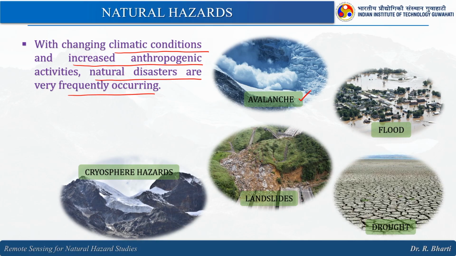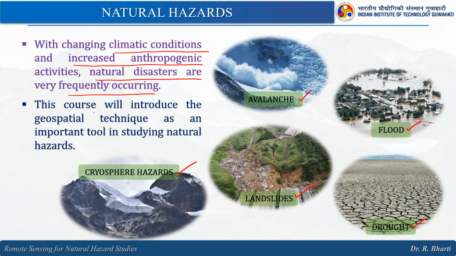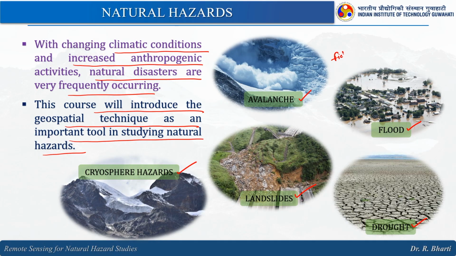So here you have examples of avalanche, flood, drought, landslides and other cryospheric hazards. This course will introduce the geospatial technique as an important tool in studying natural hazards, because sometimes the field investigation or the in situ measurement